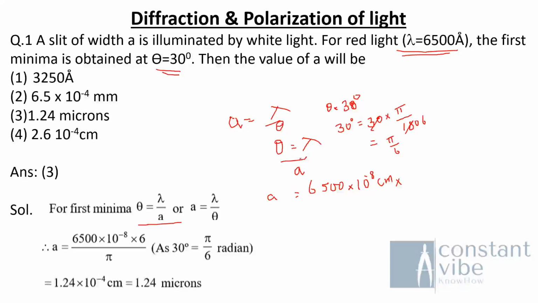Theta is equal to lambda by A, so we interchange it with simple mathematics. So A is equal to lambda by theta, that is 6500 into 10 to the power of minus 8 centimeter divided by pi by 6, which means multiplying by 6 by pi. After simplification we will get 1.24